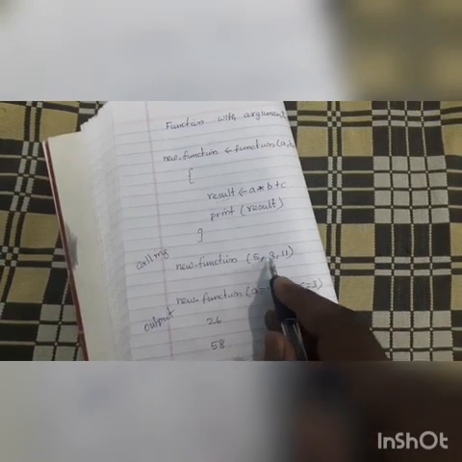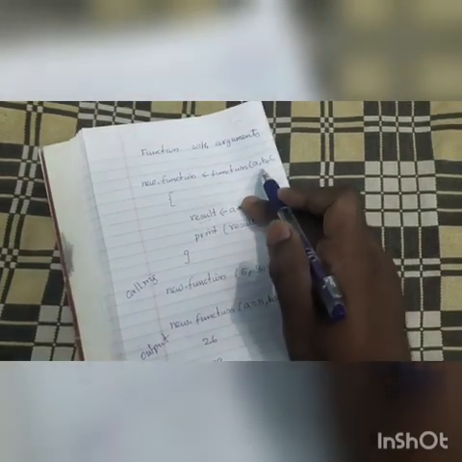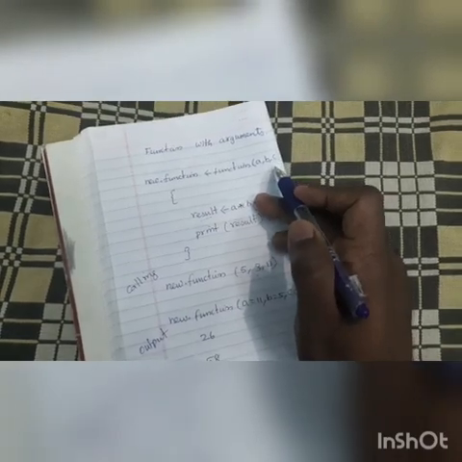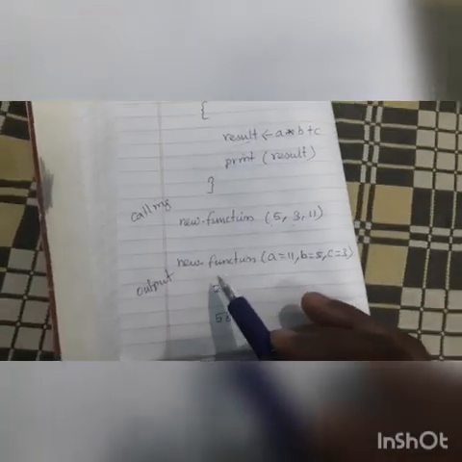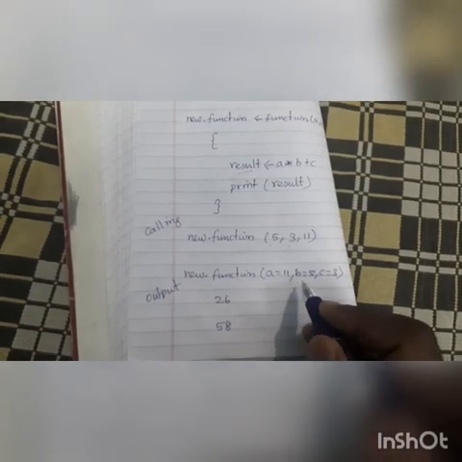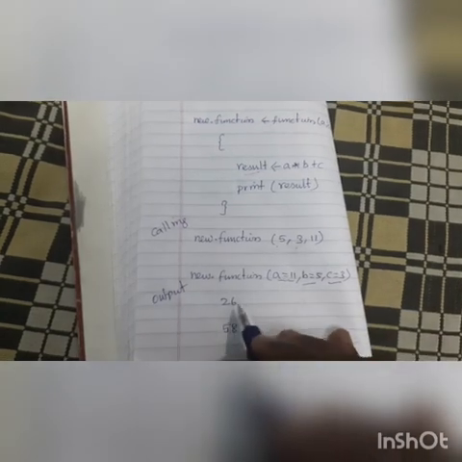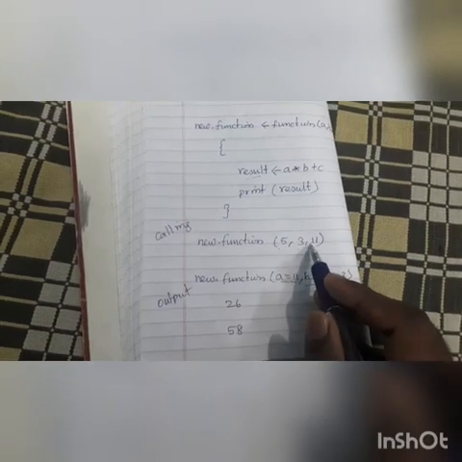See here, 5, 3, 11. These are the 3 parameters. The 5 will be assigned to the variable A, 3 will be assigned to variable B, and C will be assigned the value 11. This is assigned by the compiler, so the consecutive values will be assigned to these variables. So next we have calling that function, and here we mention the variable names, and they will be assigned here itself. Okay, so the output for this program is,